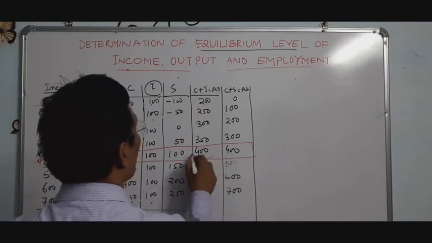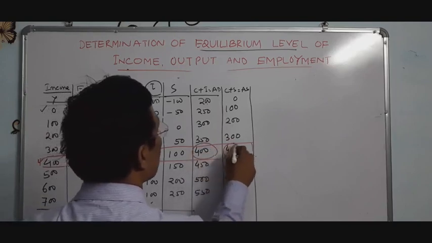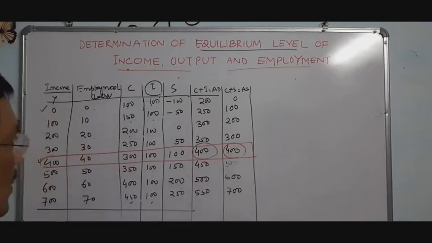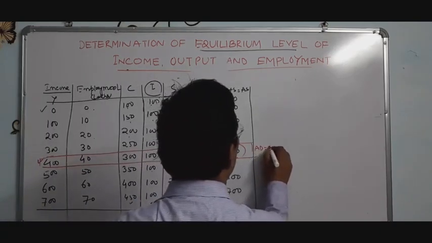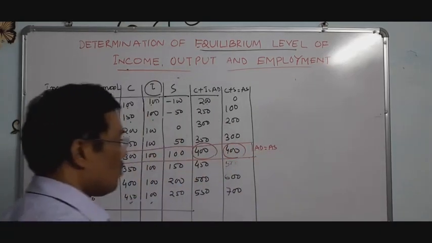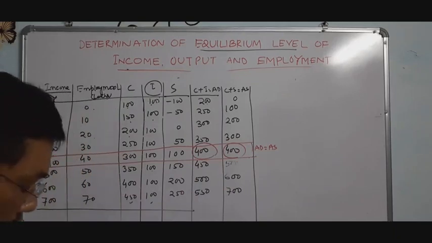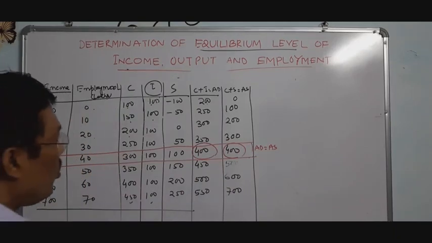Aggregate demand is 400, aggregate supply is 400. This is the situation where AD equals AS. Before that,